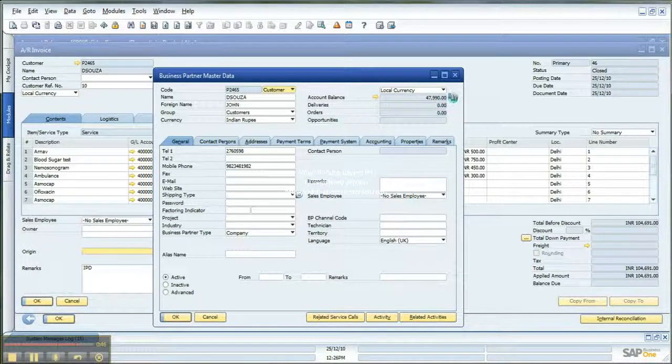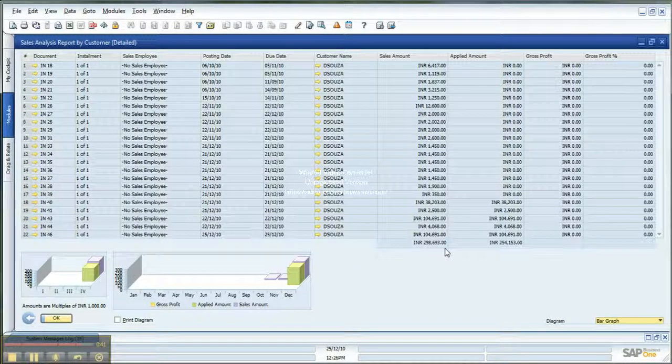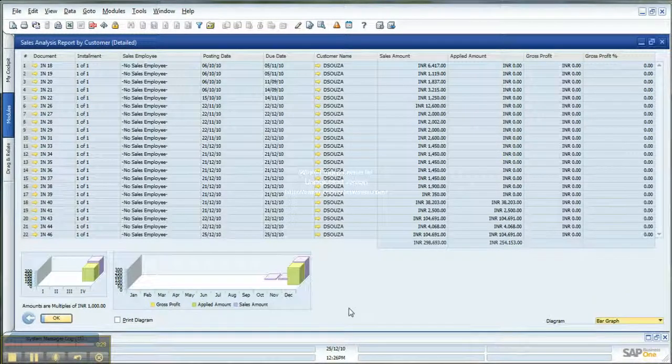If you want to generate a graphical report for all the financial transactions that happened on this patient, you can see a graphical report. Depending on the different graphs, you can generate different types of graphical reports, and they will be populated over here automatically. So this was basically the integration of different financial functionalities with the billing module of SAP IHMS software.